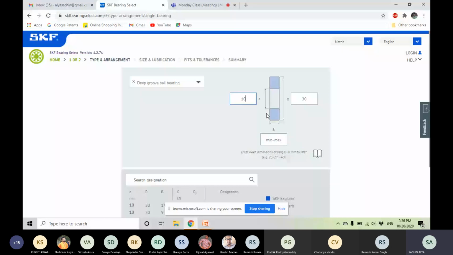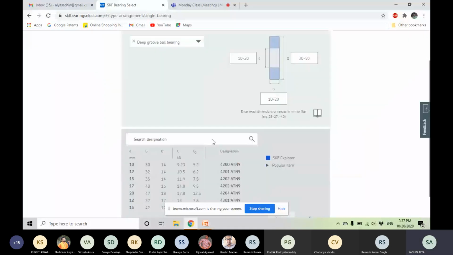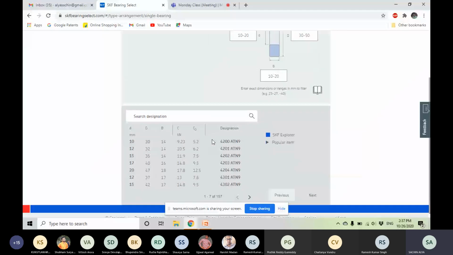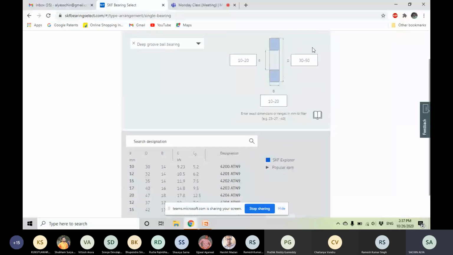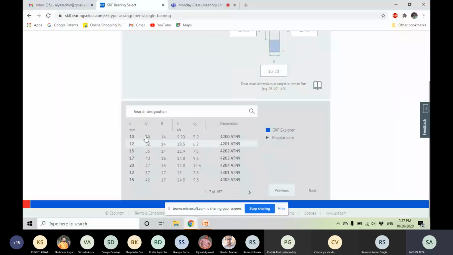Like we want to have an inner diameter from say 10 to 20 mm, and we want to have an outer diameter of let's say 30 mm to 50 mm, and width maybe of 10 mm to 20 mm. Okay. So there are 157 bearings which fall in these ranges.